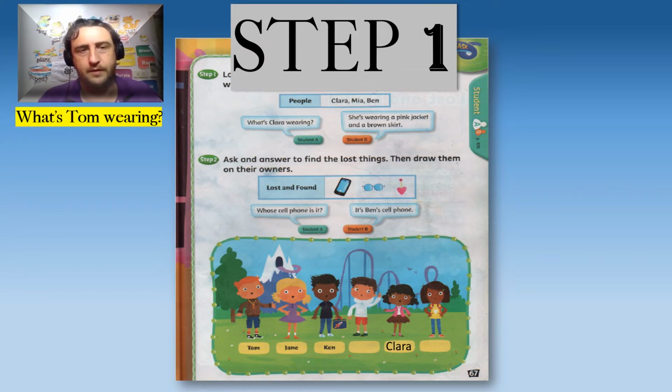So, what's Tom wearing? Can you say that? The question, what's Tom wearing? Now look at the picture. You can see Tom. What's he wearing? If you have to look at the student book, that's okay. Don't forget your adjectives. Here I would say colour is the best adjective. So, what's Tom wearing? The answer is